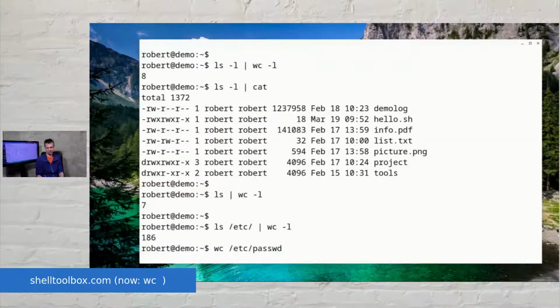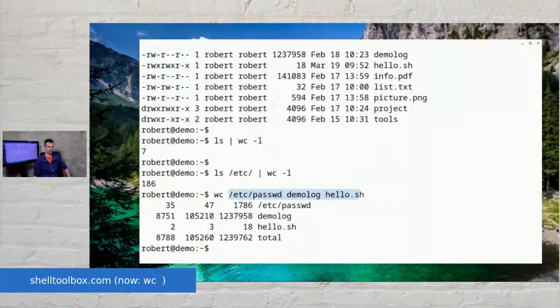For instance, /etc/passwd, or for instance demolog, or for instance hello.sh. You can call wc with multiple files if you want to. And then wc shows you the information. /etc/passwd has 35 lines and demolog has 8,751 lines, and so on and so on. Okay, wc for counting lines,